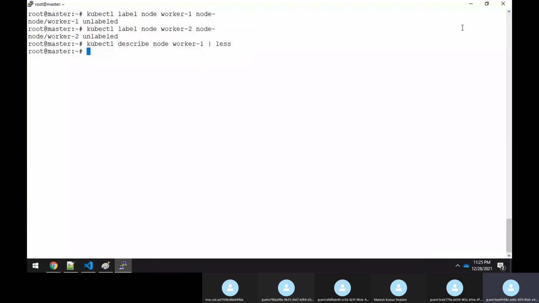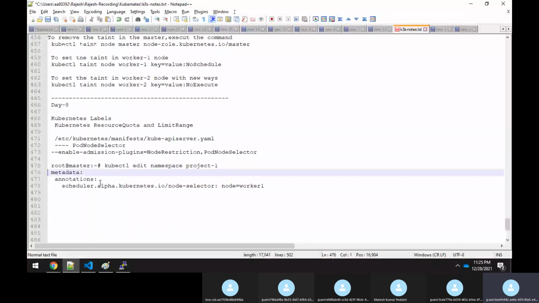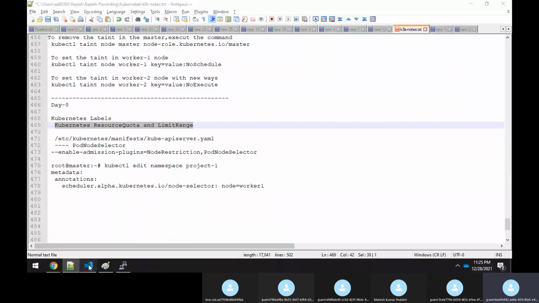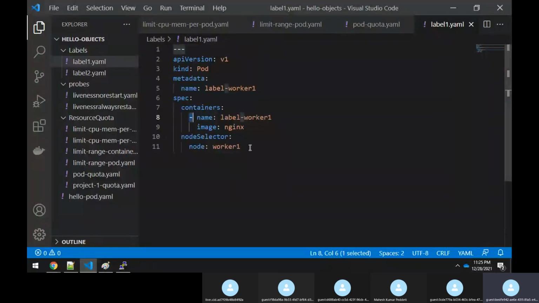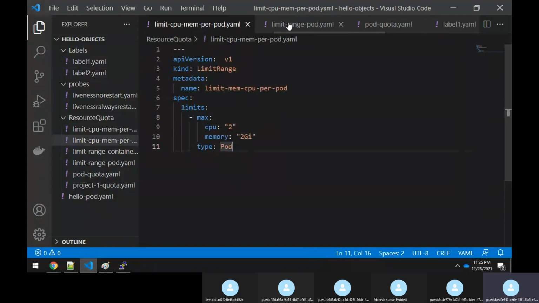So I think we have to start with your resource quota and limit, but I think we will not be able to do it because today is already late. But we started learning and understanding how to write a YAML file. We have to understand that part, so today we spent some time on that. Moving forward, tomorrow, whatever is written, right?